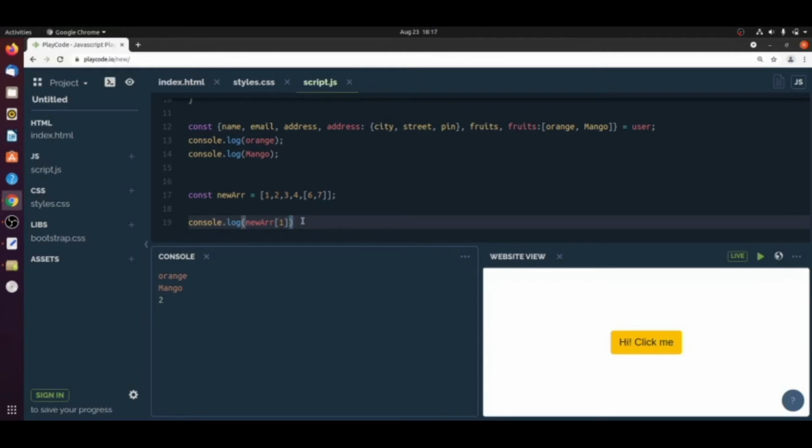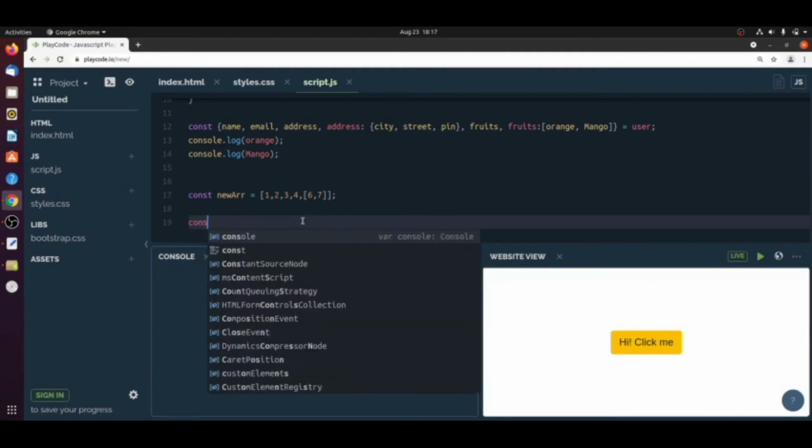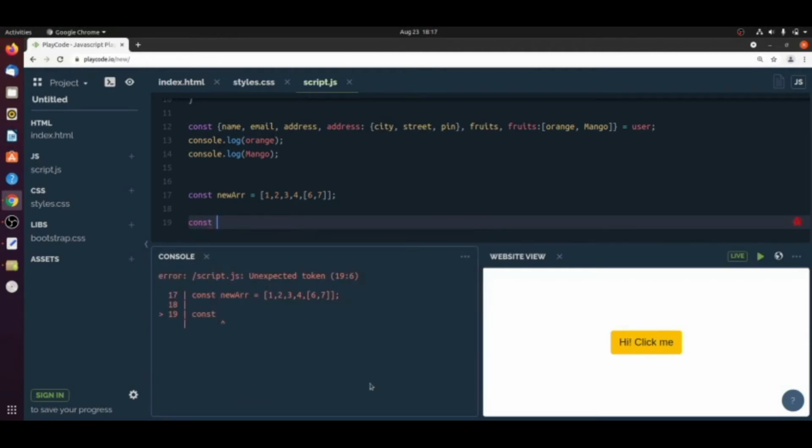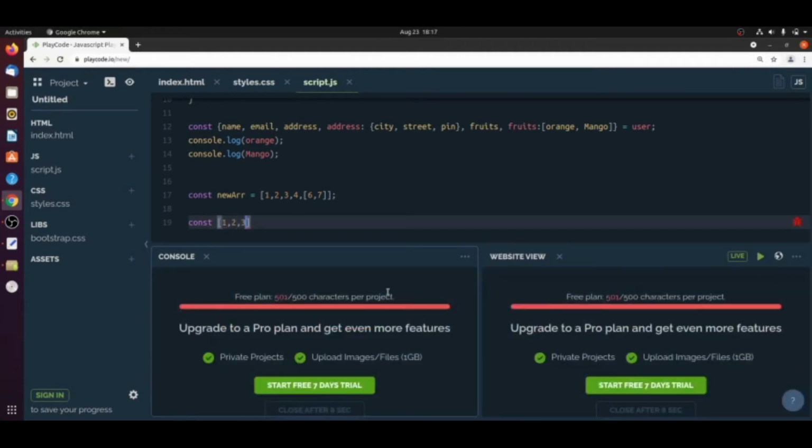We can also reduce these lines of code using array destructuring. How can we do this?